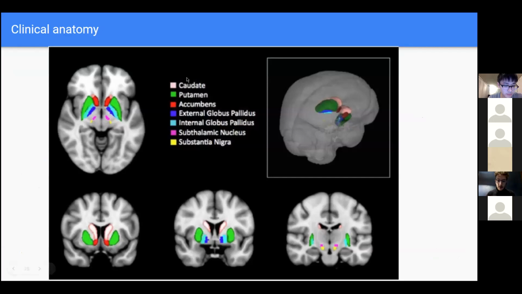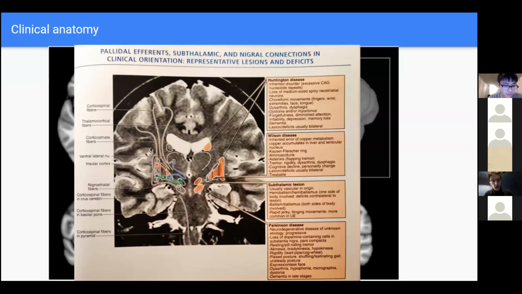So this is just kind of the anatomical correlation of what we just discussed. Not going to be on the Block J exam, but definitely will be on your anatomy exam. And then this is kind of what we'll get into in terms of the